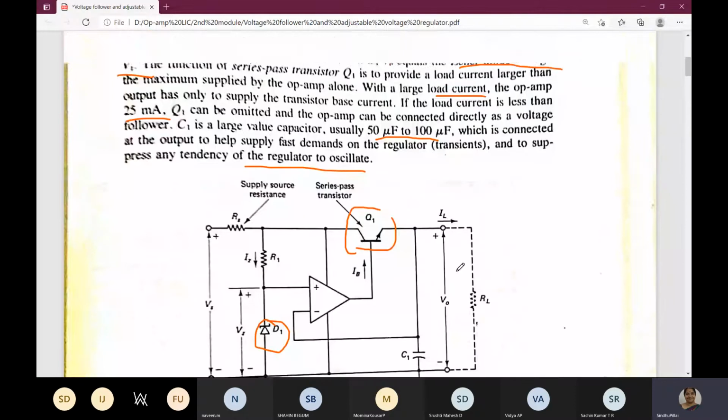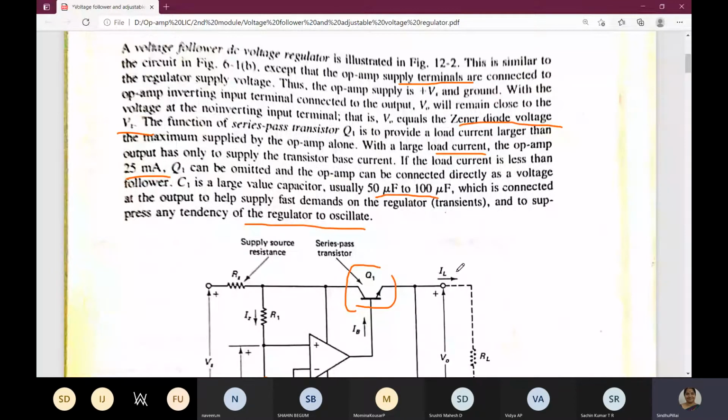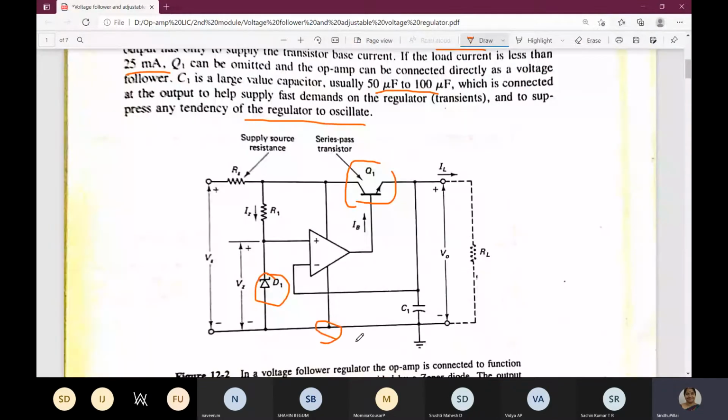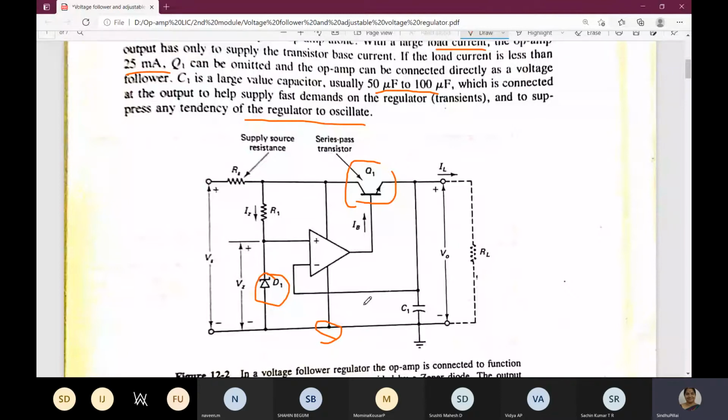So this will work as a regulator. Going on with the theory, the important thing is that the op amp supply terminals are connected to the regulator supply voltage. Here, the negative terminal is grounded. We are not connecting it to minus 12 volts. It is grounded, that you have to remember. We had seen in AC amplifiers that when we ground the negative supply, we have to give a voltage divider. That is, two resistors should be used to divide the supply voltage. Then only this op amp will work. I will show that.